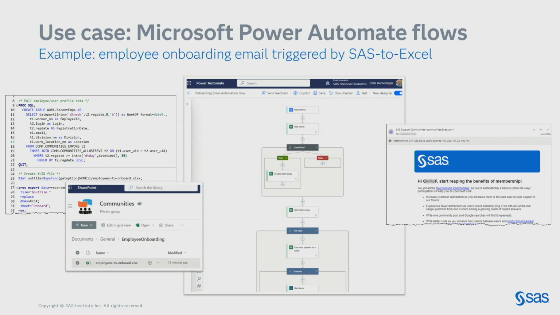And we do that every day for our SAS communities to onboard SAS employees when they join the community. I pull data from our community, I figure out who the new employees are, I create an Excel file, I publish that to a SharePoint or a Teams folder, and then Power Automate takes it up from there and sends them an automated email that's personalized to their login. So I'm using this every day myself, and the great thing about this is it opens the door to participating in the powerful applications that are out there in our cloud.